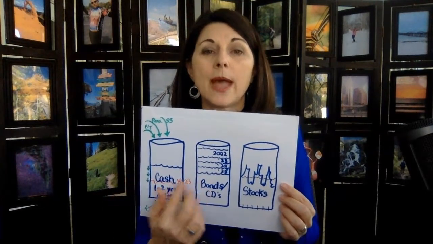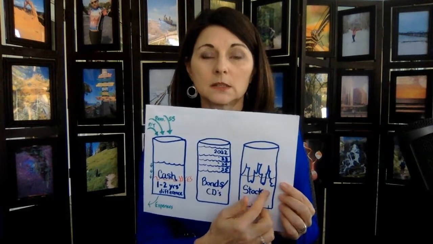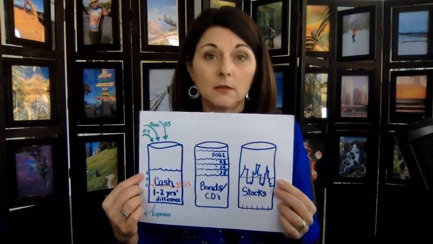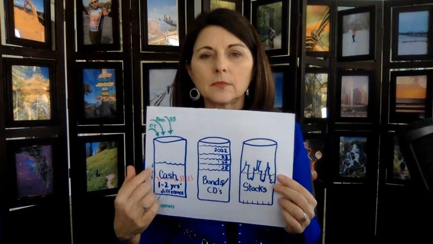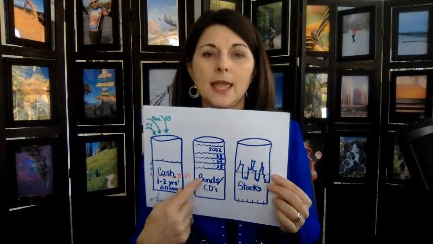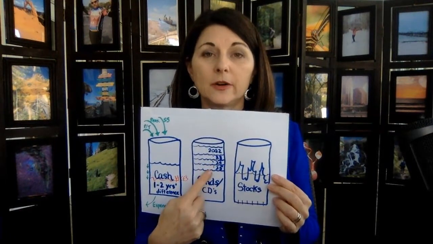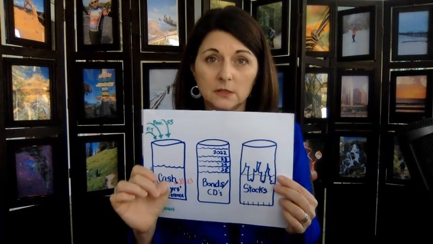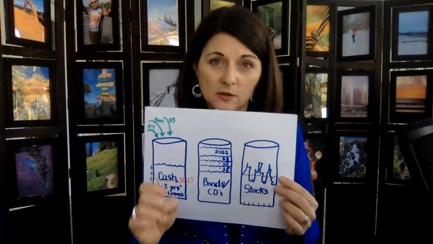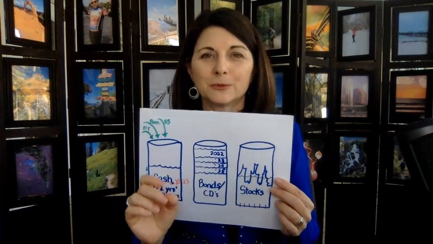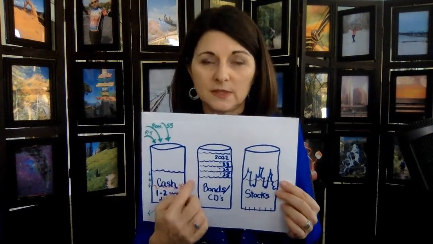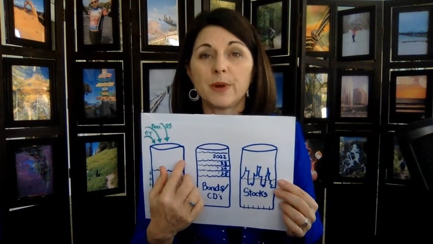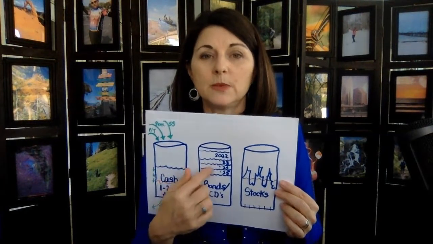Okay, so now how do the bonds and stocks support your lifestyle logistically? What I've got illustrated here is something called a bond or CD ladder. You can do this with actual individual bonds, although I suggest you get a professional manager if you do individual bonds. Don't do them yourself. Or you could do it with CDs, or you could do it with bond funds that have approximate maturity dates